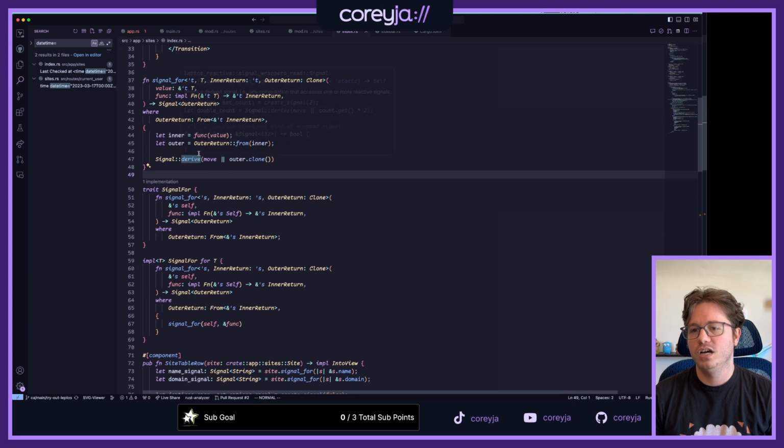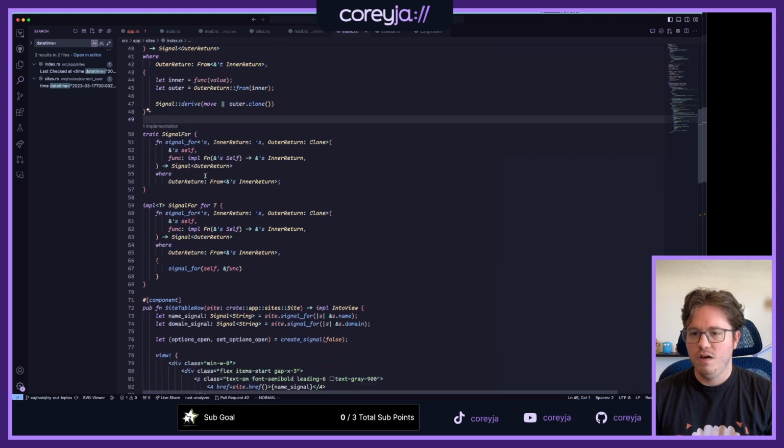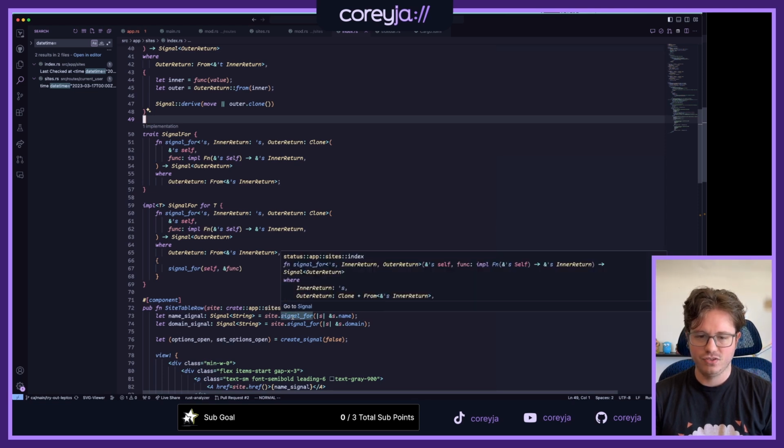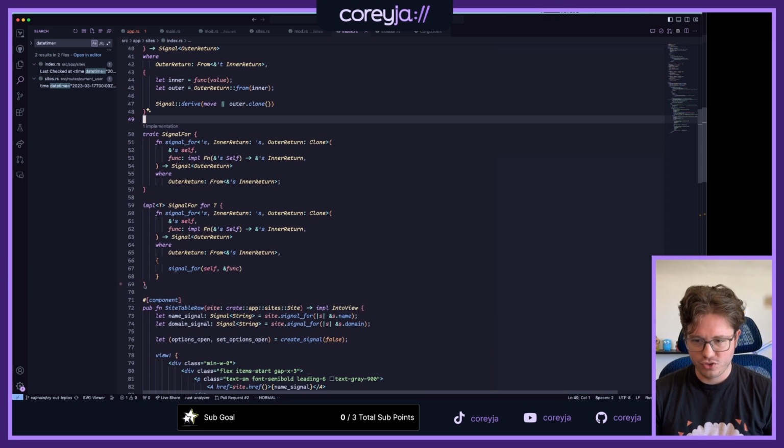And then every time we want to use the signal, we get the response of this function, the return value of this, which is a cloned value of whatever outer return was. And then we wrapped that up in a nice trait so that I can just do any object I have dot signal for, give it the closure that captures the stuff.